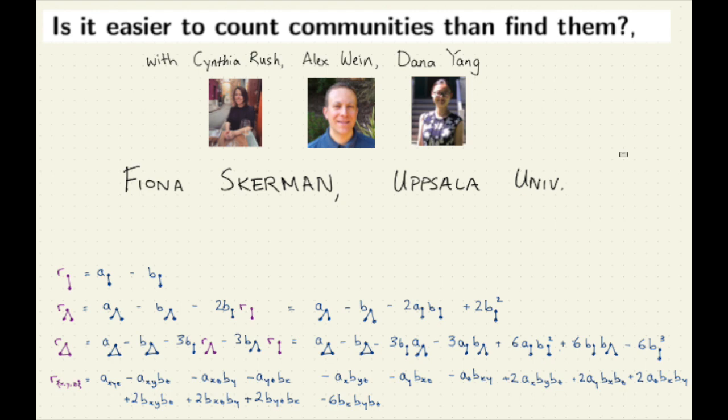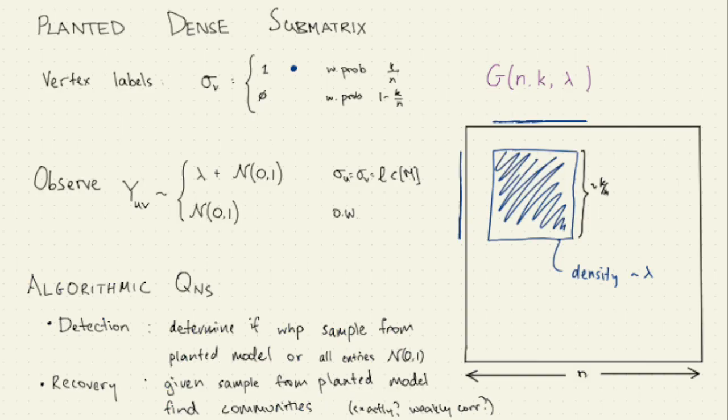Another way to sell the story is I think that there's some really nice combinatorics going on under the hood, both for testing problems and recovery problems. So let's get started. So the planted dense submatrix, the model we'll be thinking about at the moment is